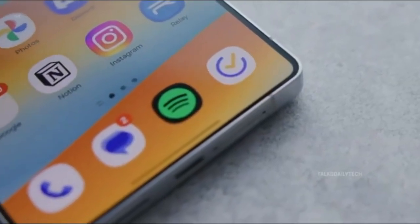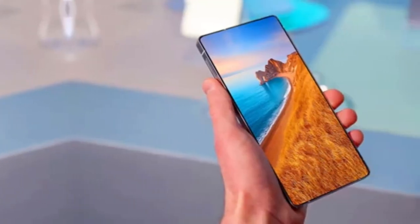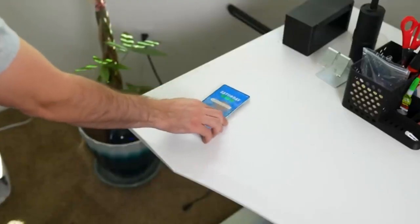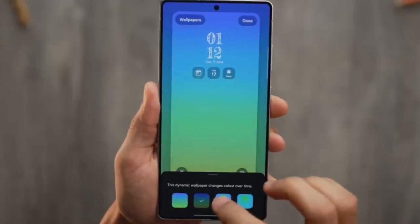However, subsequent leaks have tempered these expectations. Notably, insider sources have refuted the earlier claims, suggesting that the Galaxy S26 Ultra will feature a battery capacity of less than 6,000 mAh. Specifically, the device is rumored to house a 5,500 mAh battery, marking a modest 10% increase